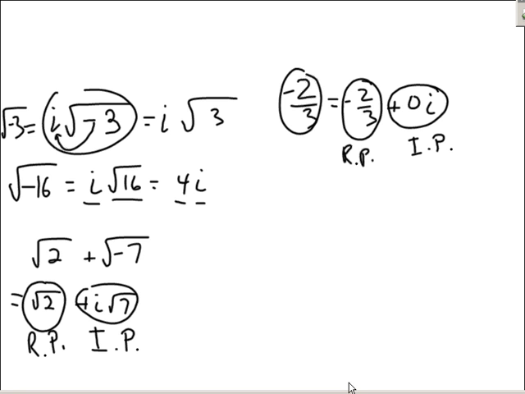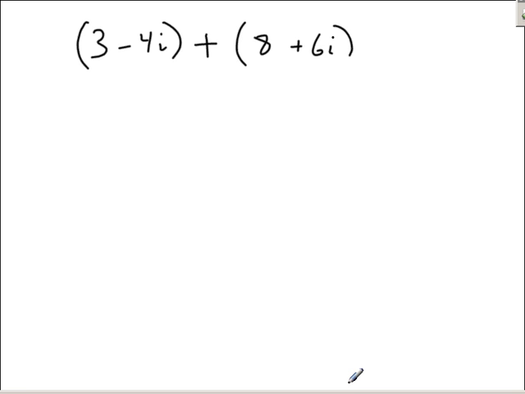Okay, so I'm going to give you complex numbers, and I'm going to add and subtract them. You add the real parts, and you add the imaginary parts, and you're done. You subtract them, subtract your real parts, and subtract their imaginary parts. We're adding two such numbers. You can think of i as x. You can think 3 minus 4x